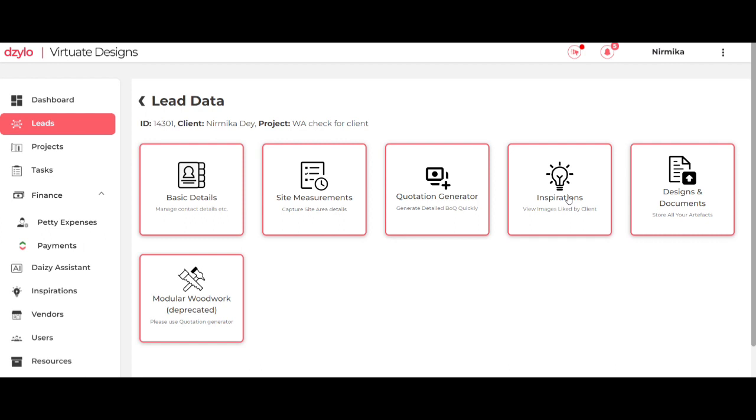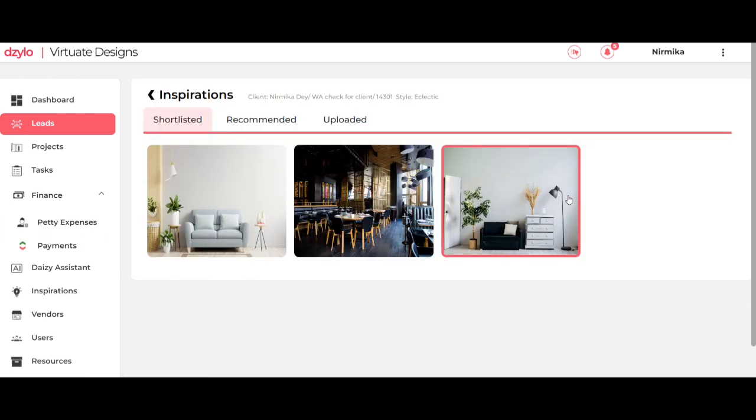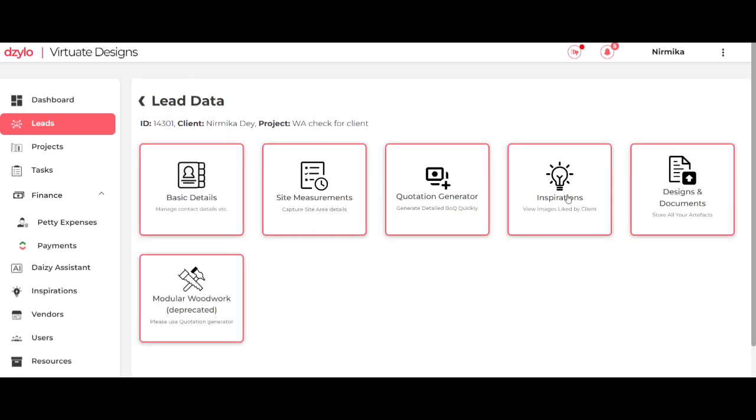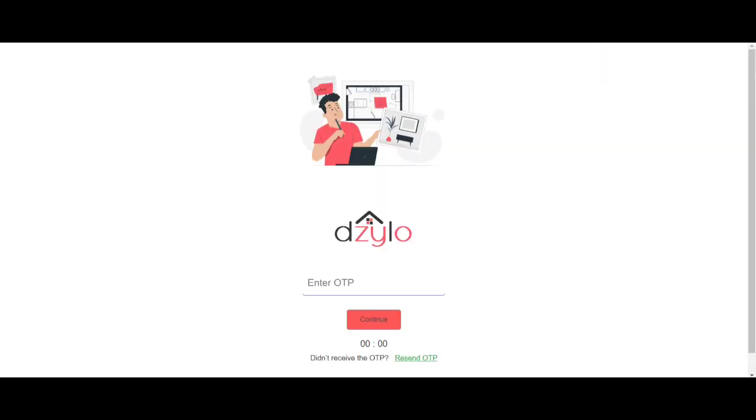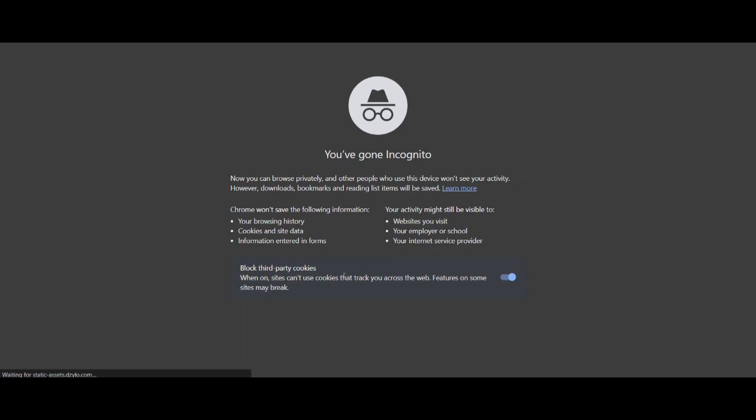First is your inspiration. Inspiration is basically an exchange of pictures where your client will shortlist something, and that will display. This inspiration is actually integrated with your client tab. So I will just show you the client tab also. All right, so